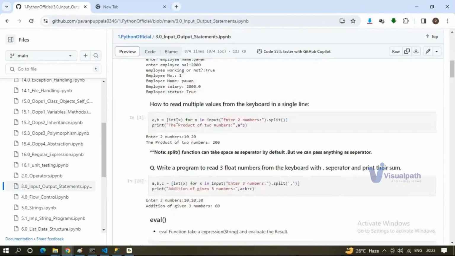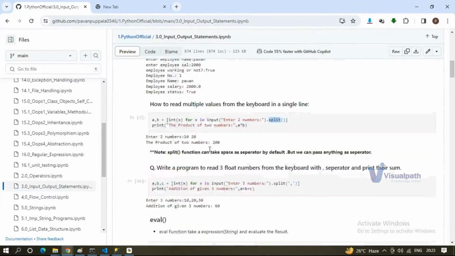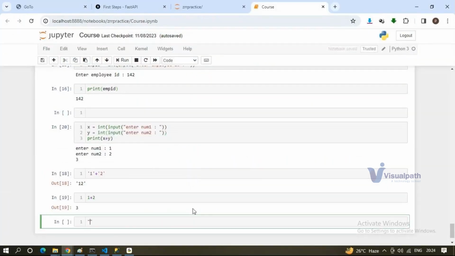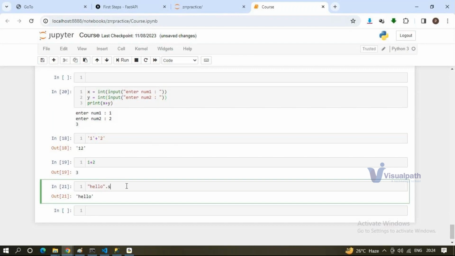Next, how to read multiple values from the keyboard in a single line. With the split function, we will get the values in a list. I will explain it in detail, because split is a function. Whenever we enter the data, split means the string value will be split. Simple example: I have a name here, hello. If I apply the split function here,